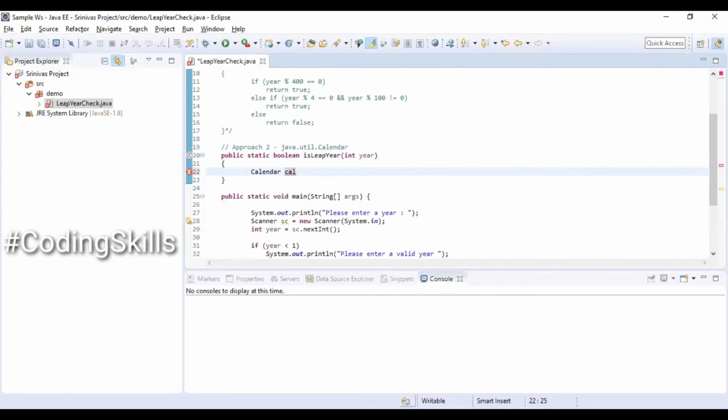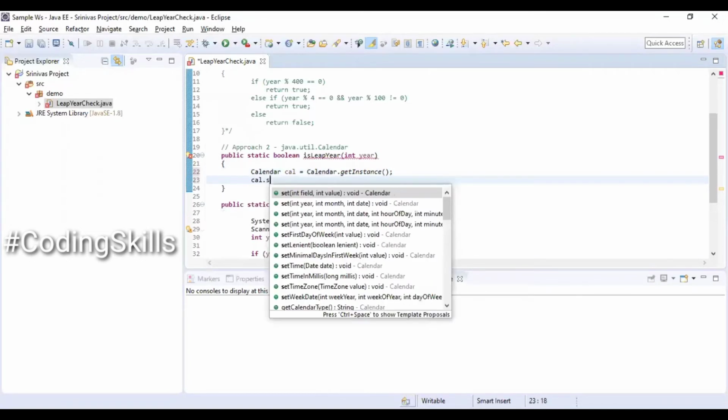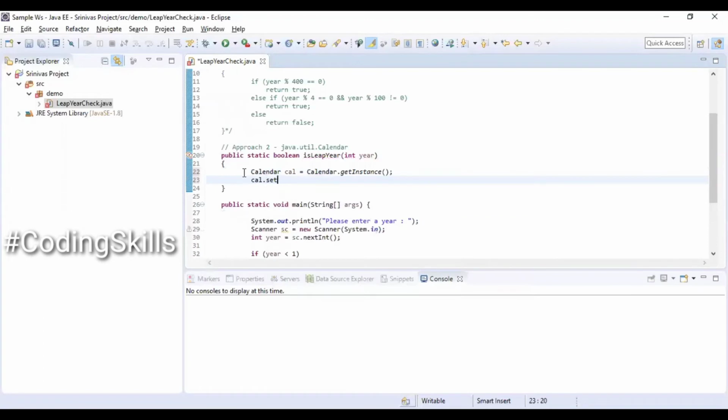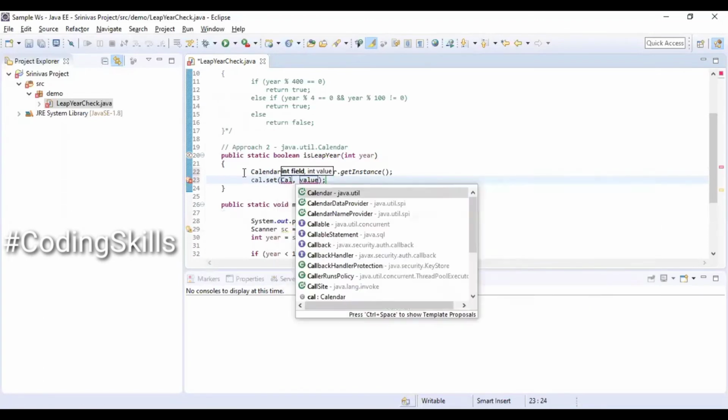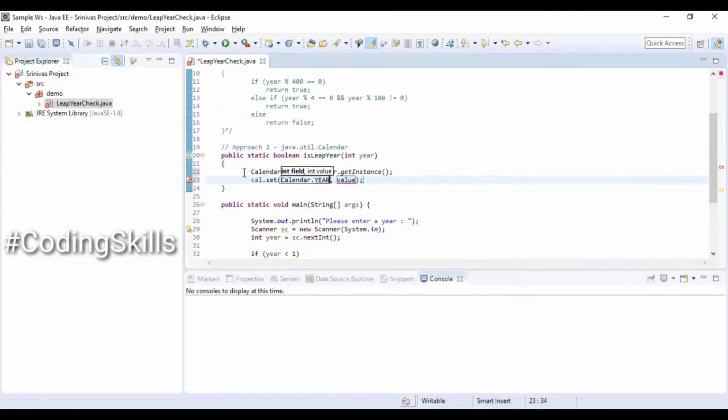So now we are going to use the Calendar API, declaring a Calendar variable, Calendar.getInstance. This is going to give us the Calendar object. Once we have the Calendar object, we are going to set the year value that we have received from the keyboard to the Calendar object. Calendar.set(Calendar.YEAR), and we will be passing the year value.